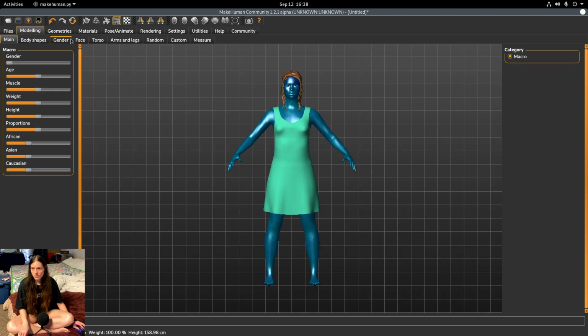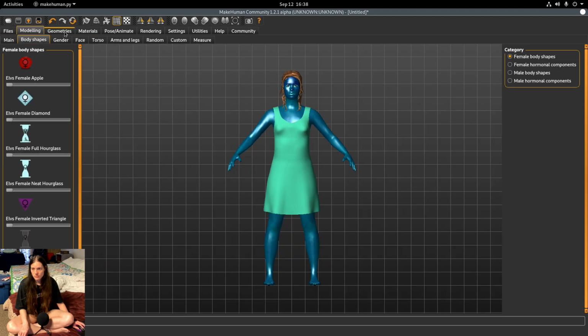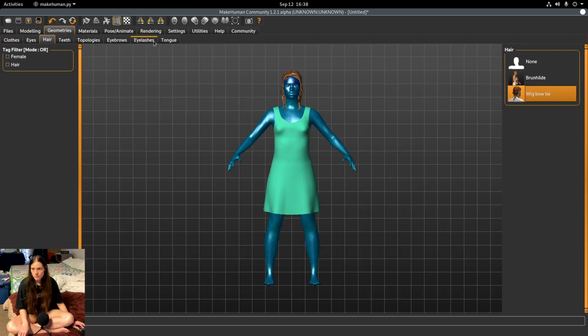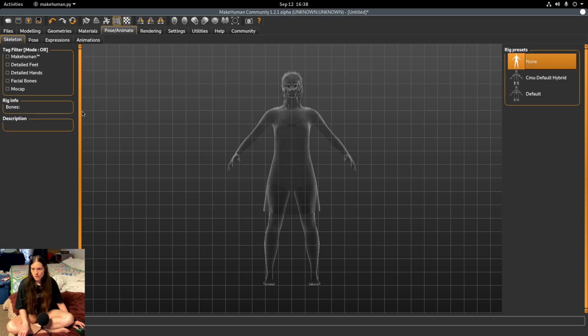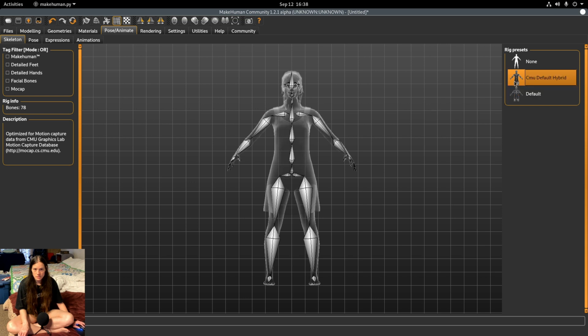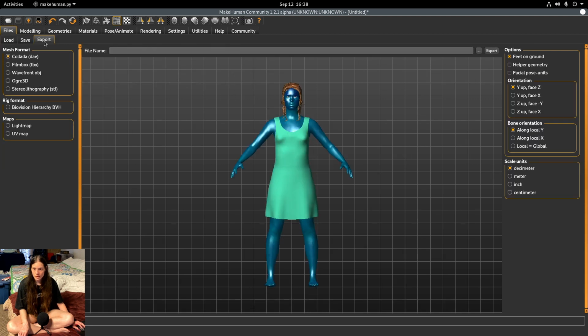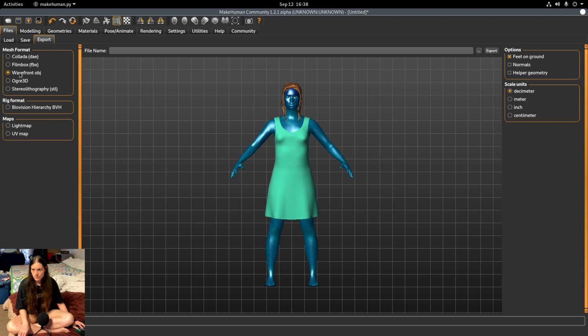And then under pose animate set the skeleton to the CMU default hybrid that you downloaded, and now you can export this model